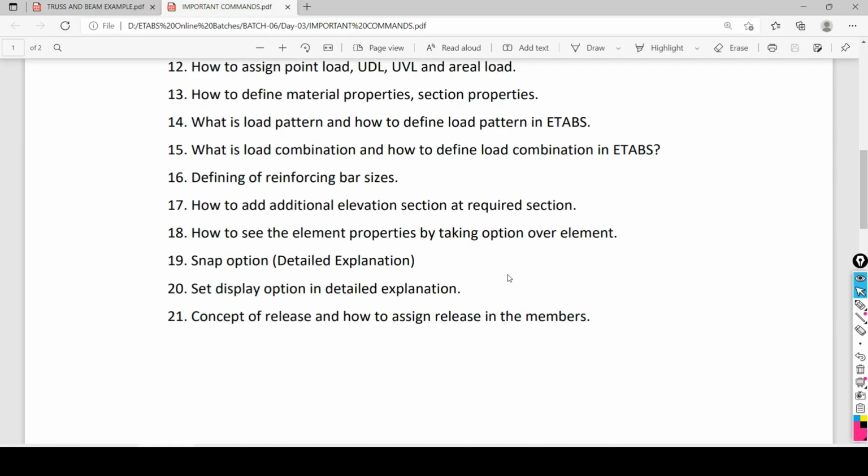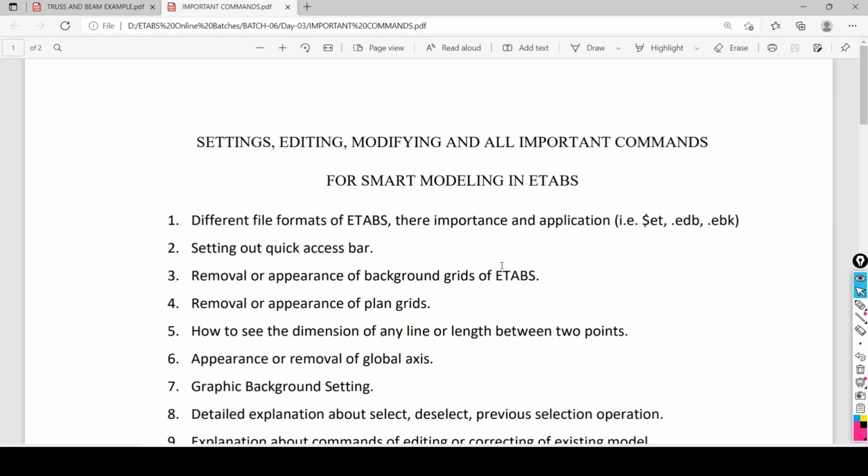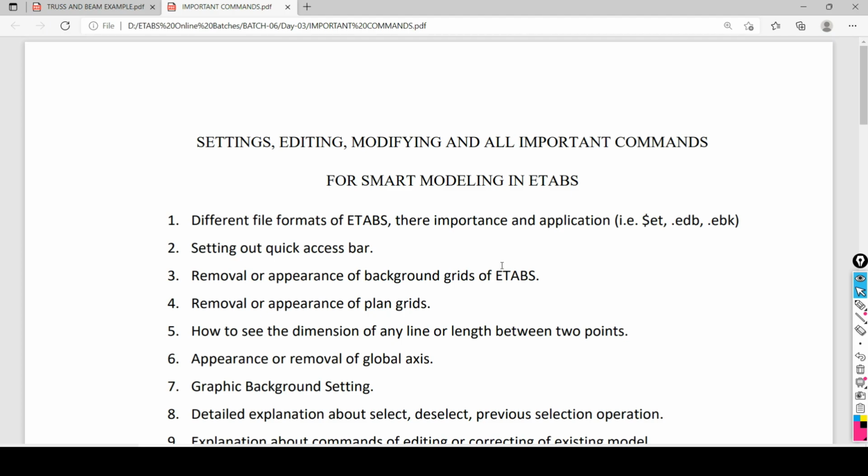Then in the next exercise, we need to look at all the commands, settings, and all important things for better understanding of the ETAP software, to understand how to work with it, and for smart modeling, what important commands you need to know.